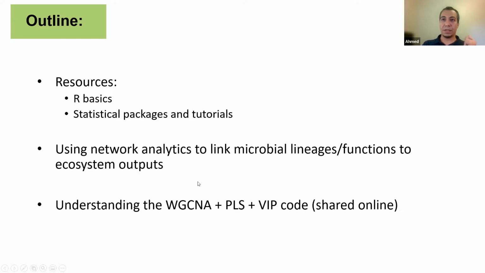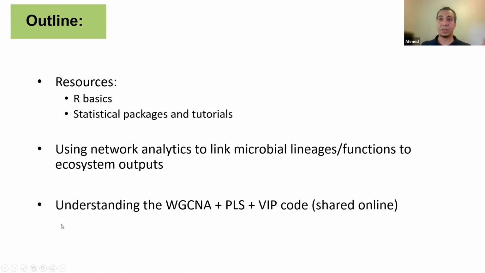So this is the WGCNA package that I told you about, but we are going to also complement the results that we are going to get from this tool with other methods. So this is the regression methods, such as the partial least square regression, and also the variable extraction methods, so that we can independently evaluate the results that we can get from these networks. So this is going to be a section that we are going to basically go through